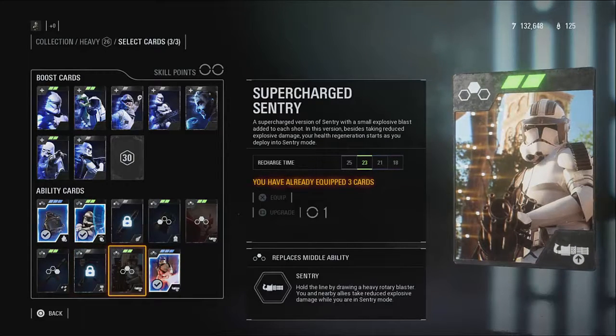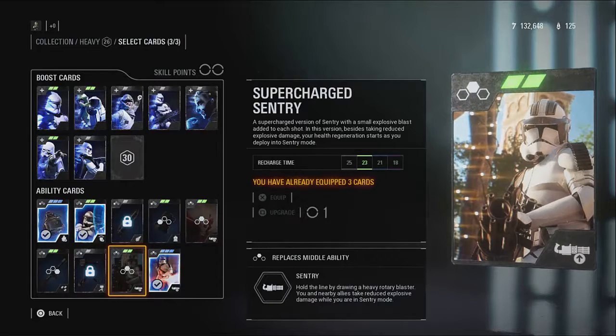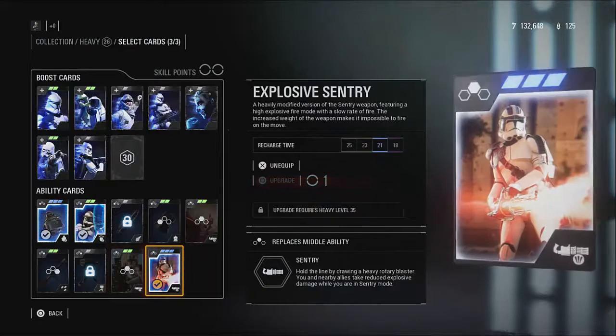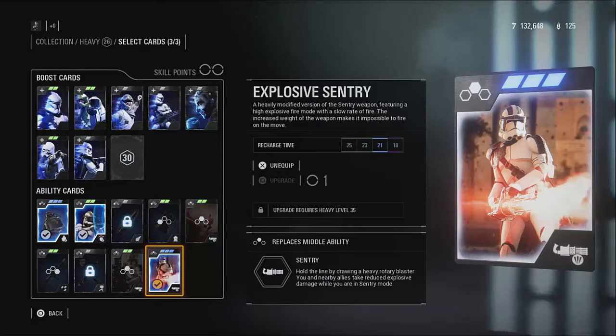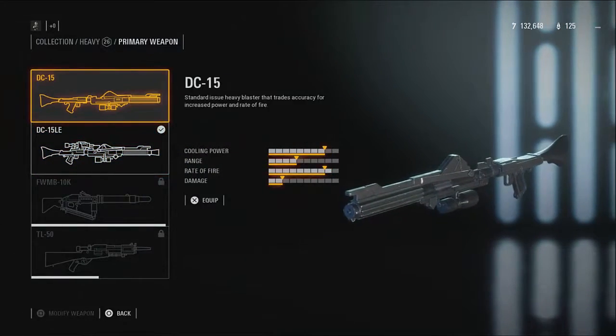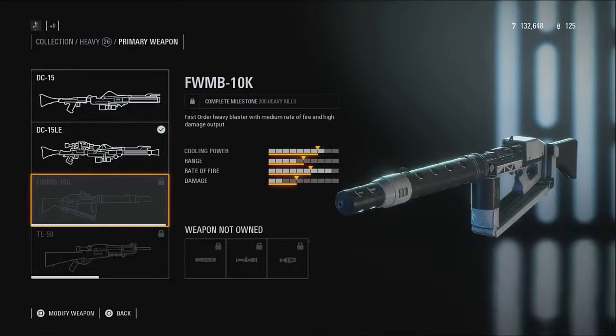The supercharged sentry, which I have... Oh yeah, I have unlocked that one. It's basically a supercharged version of the sentry with a small explosive blast added to each shot. Besides it taking reduced explosive damage, your health regeneration starts as you deploy sentry mode. You've seen that already. And the explosive sentry, which of course, true to its name, basically fires high explosive fire modes at a slow rate of fire. Once again, kind of showing these off as a little bit irrelevant, but the DC-15, the DC-15LE, the FWMP...